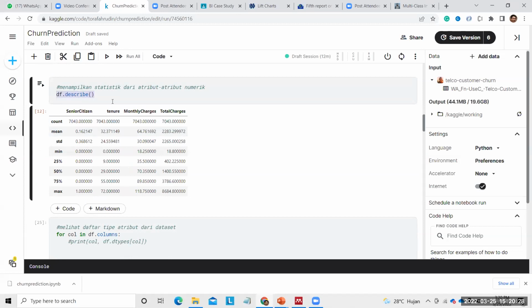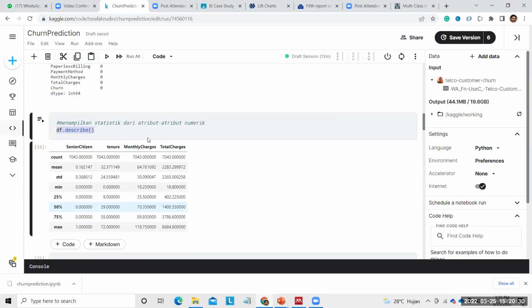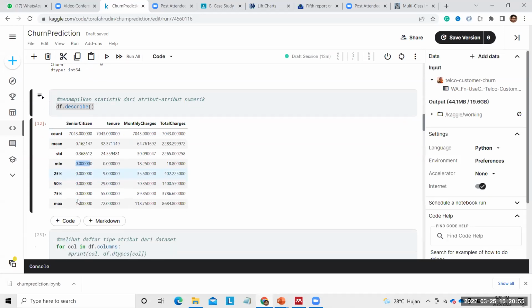And we can get the description for each integer attribute, only integer attributes. We can see how many data points, the mean, the standard deviation, quartile percentages, and so on.